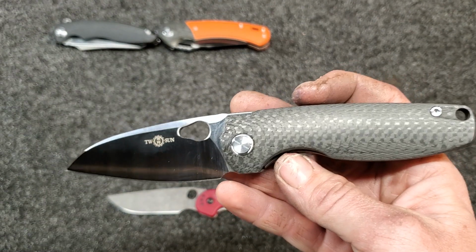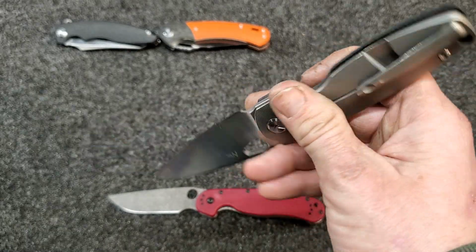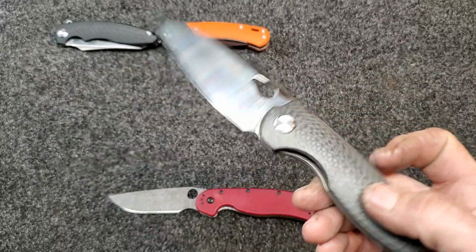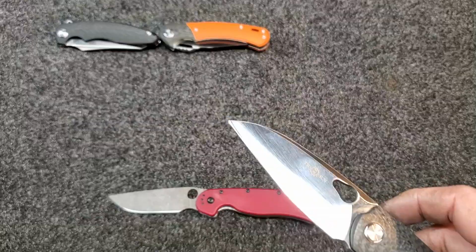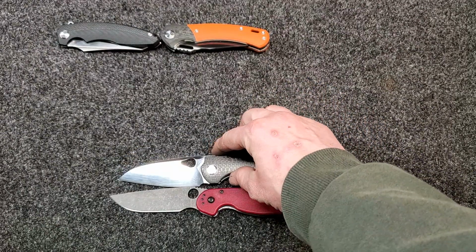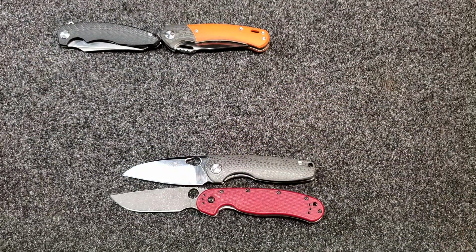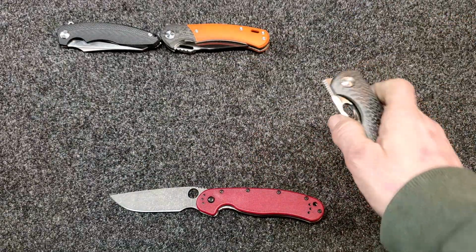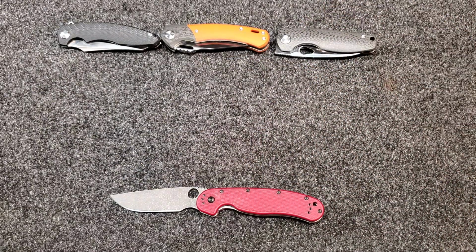Sharpened up great. The micro milling on this thing blows my mind. I love it, especially for that $70 price point. Beautiful action, and this one is about 8 to 10 thousandths behind the edge. And there is your size comparison next to your Rat Model 1. So we'll put this one right here. Next up is the